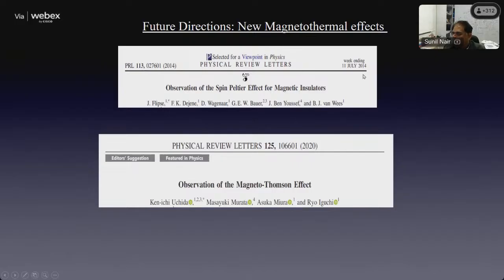As a matter of fact, these are two more recent papers. This is the spin Peltier effect. This is the Magnon-Thomson effect. It's quite interesting that even fundamental effects like this are now being discovered in this day and age, because you would have thought, when people tell you that most of physics is known and most physics effects are also known, that is certainly not the case, at least when it comes to some platforms like magnons. The Magnon-Thomson effect was discovered by Uchida's group just half a decade ago, and there is a lot of interesting work happening in these areas.